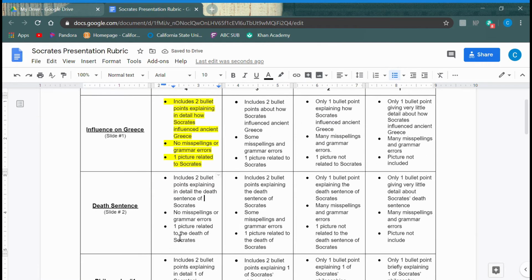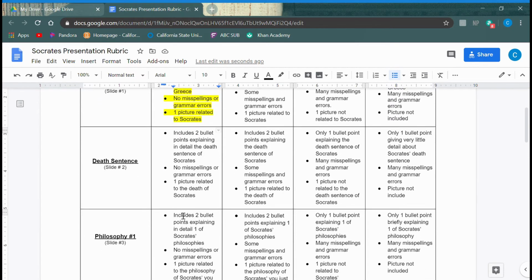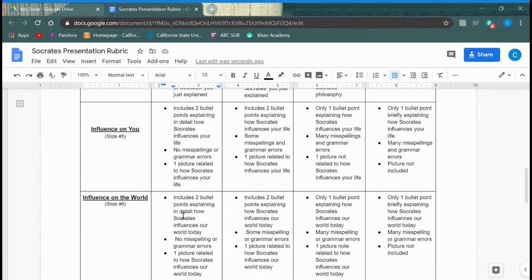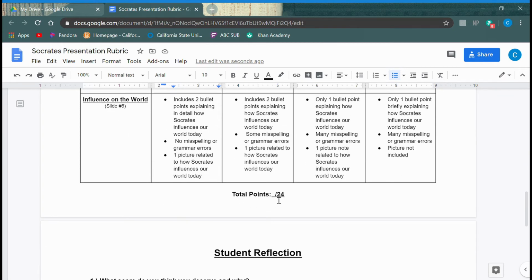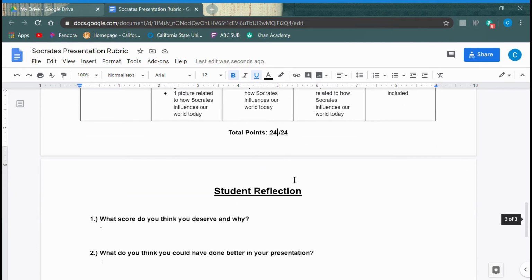Each of these rows shows you what you need to do in order to get that score. So you're going to grade yourselves on each slide. Once you're done grading yourself on each slide, you're going to add up all the points together and then write it down here where it says total points. If you got a perfect score, then you would simply type in 24. Once you're done grading yourselves, you are then going to move on to the student reflection